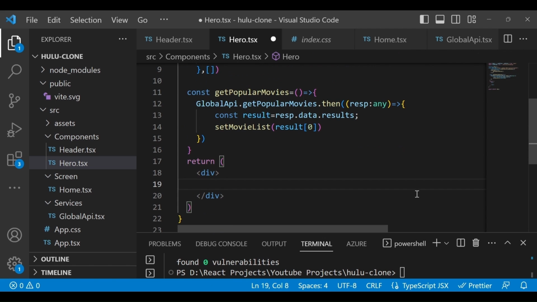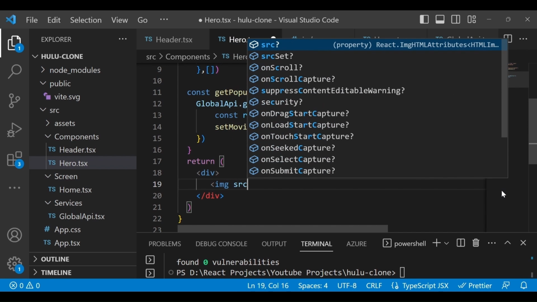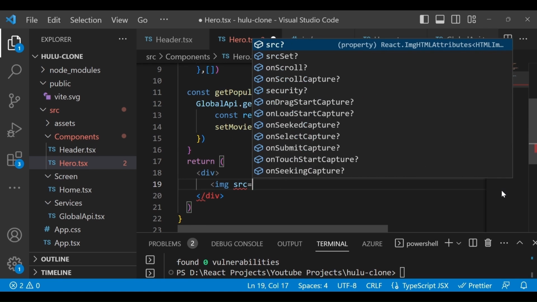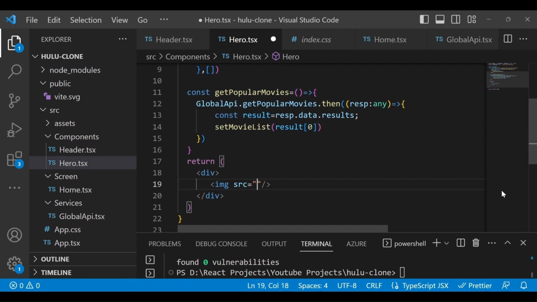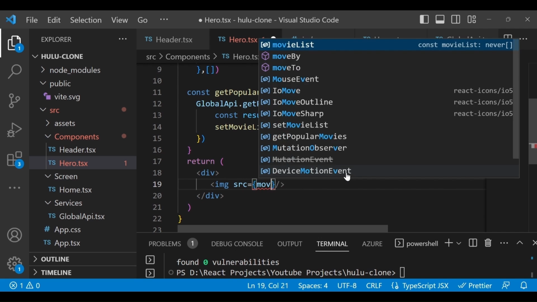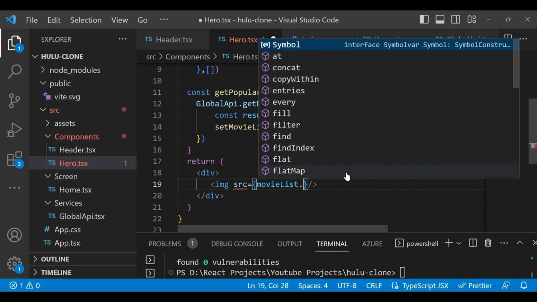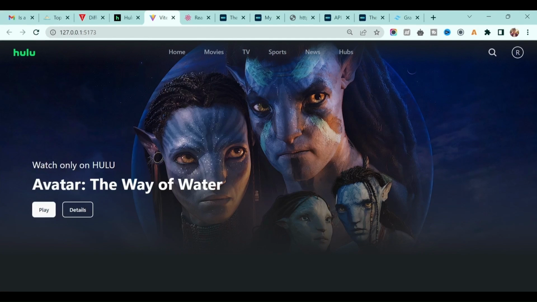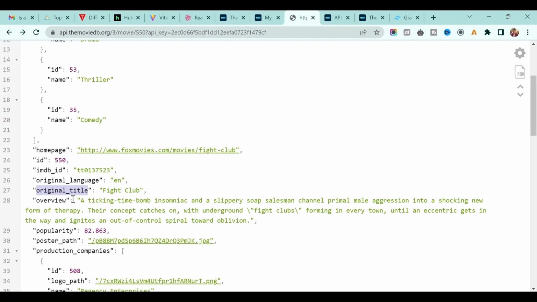Now let's implement the hero section. First I will add the image. To access the image from the movie list, just type movieList dot, and let's go back to the properties. Oh, not original title, my bad. We want the poster path, correct?